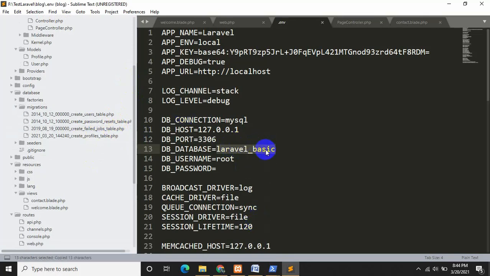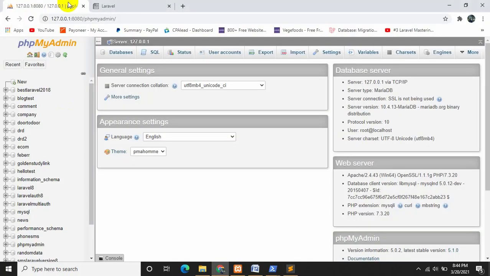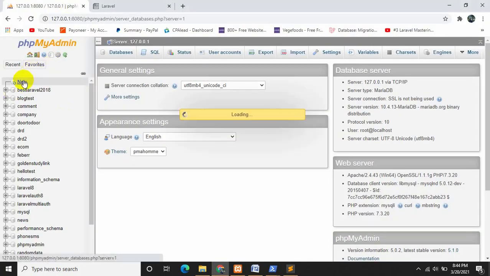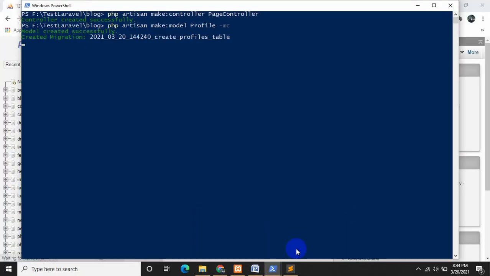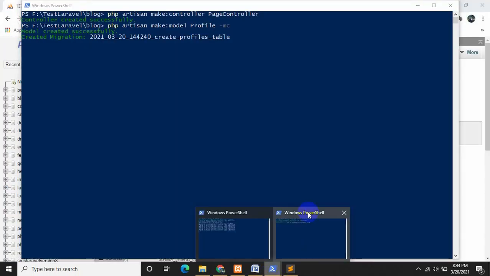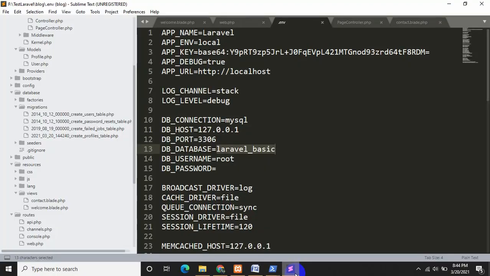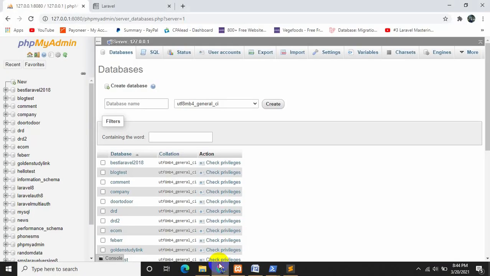I'll just copy it from here, and over here just click new. It's taking some time again. Okay, and then you can see database name over here.